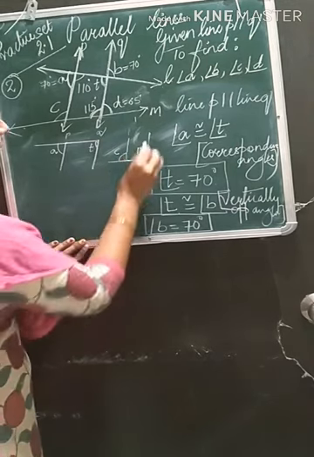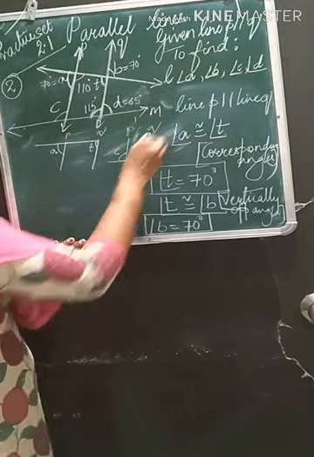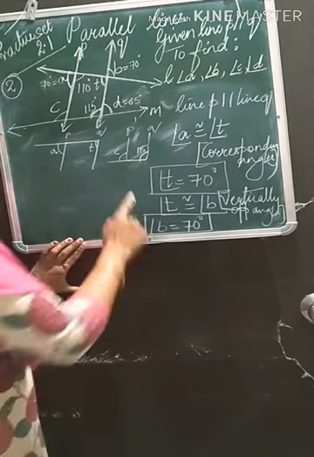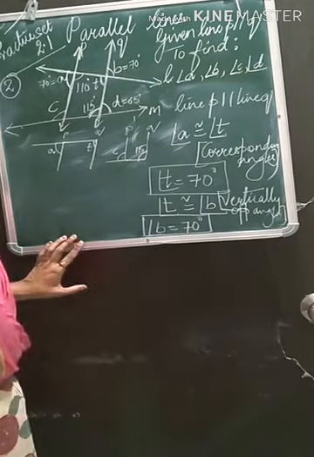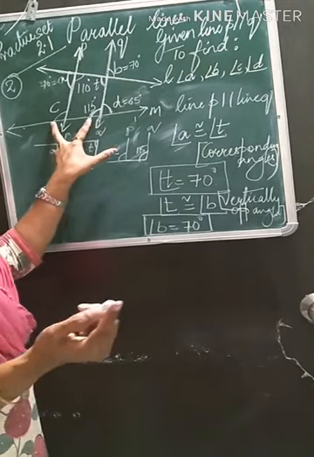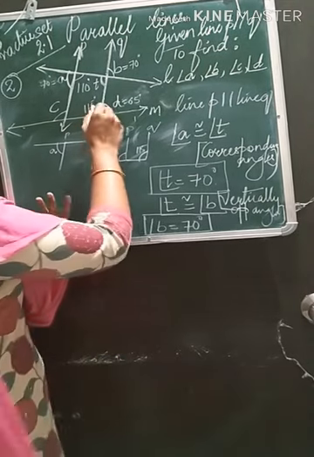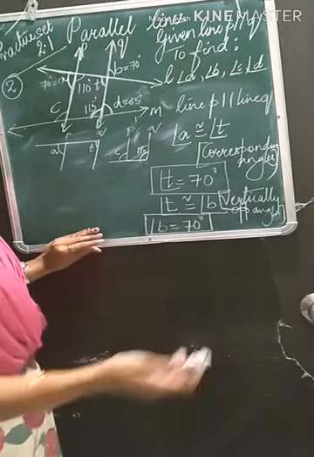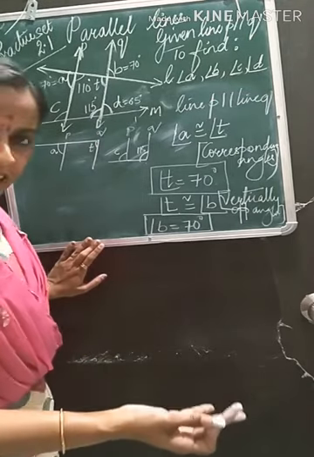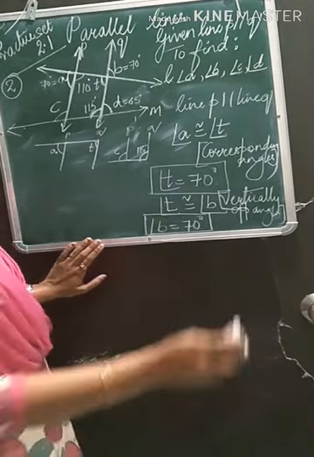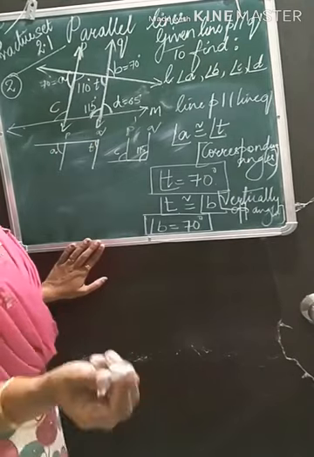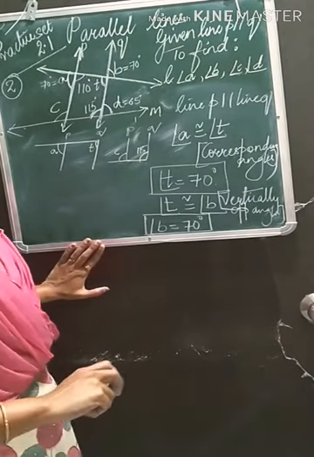And they both are lying on P and Q. P and Q are parallel. So C and 115 are corresponding angles, and corresponding angles are again congruent. Now here 115 angle, if you want to name it by a letter, you can name it, or directly you can write angle C is equal to 115, corresponding angles.